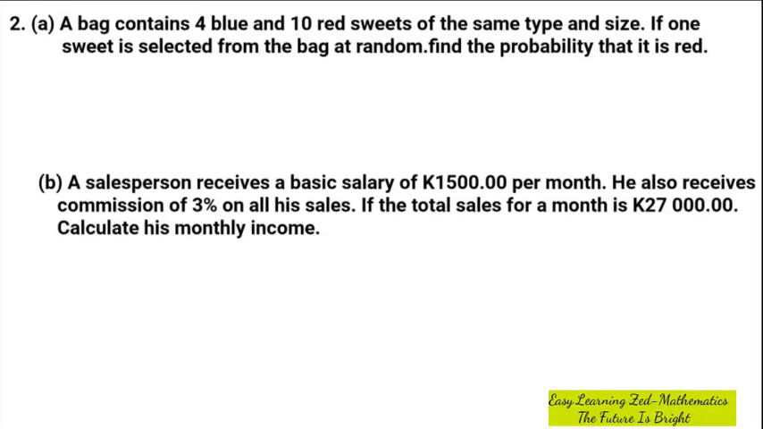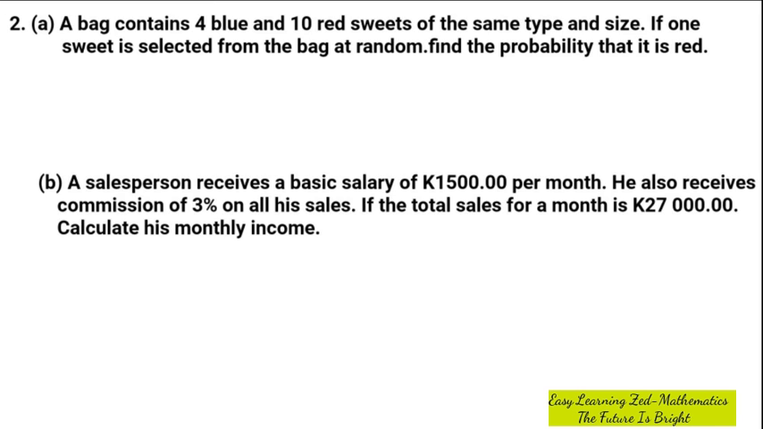Question 2a was as follows. A bag contains 4 blue and 10 red sweets of the same type and size. If one sweet is selected from the bag at random, find the probability that it is red. Okay, so for us to find the probability of the sweet that was picked in the bag to be red, what we're supposed to do is